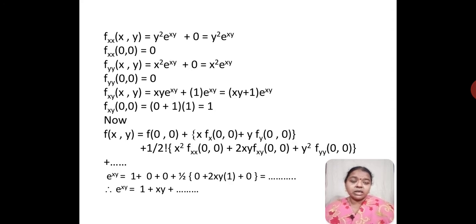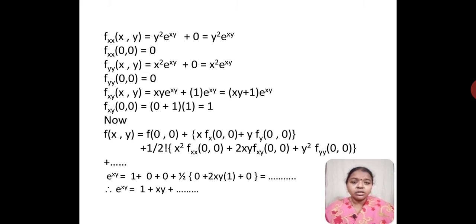So you get C, x as it is. Differential of e raised to xy with respect to that one is y into e raised to xy. So you get xy into e raised to xy plus e raised to xy remains as it is. You have an x term. Differential of that is 1. Now if you look into two terms, e raised to xy is common. When I take e raised to xy common, I am left with xy plus 1.